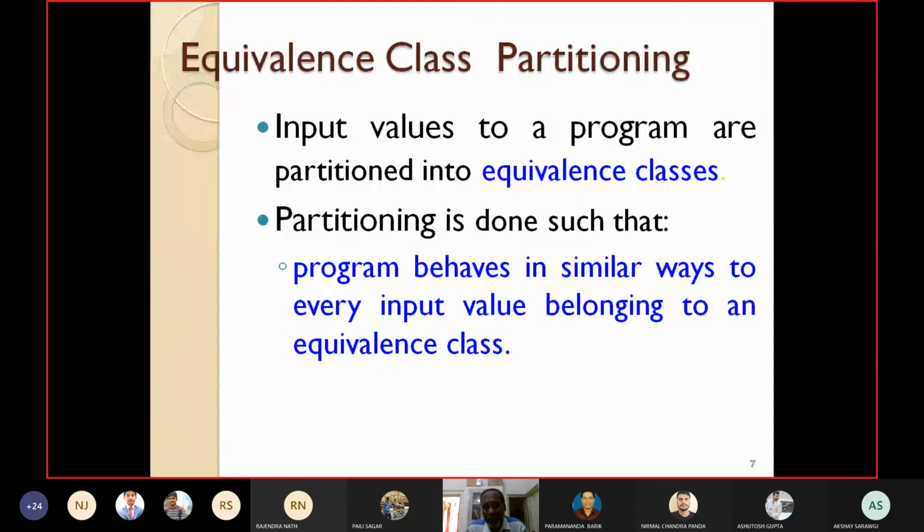I can take only one input value from that and I can test my software, because the rule says that in an equivalence class, how a program is behaving for one element of the equivalence class, it will behave in the same way for the others.